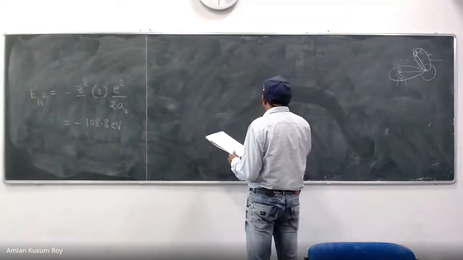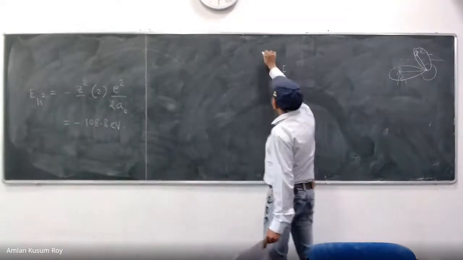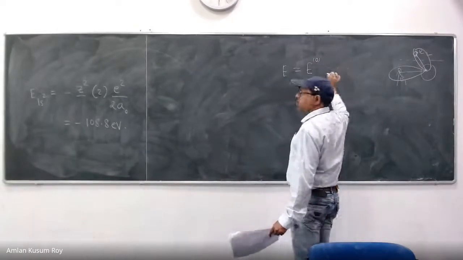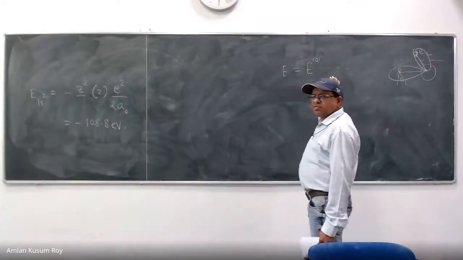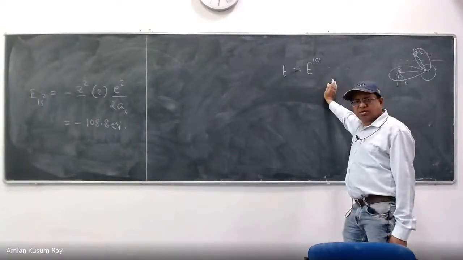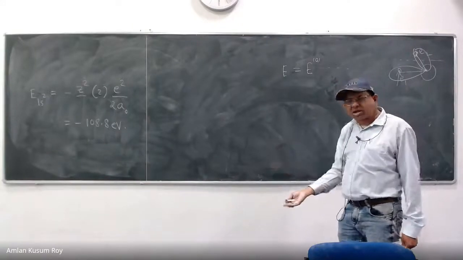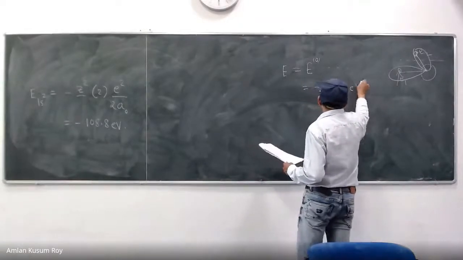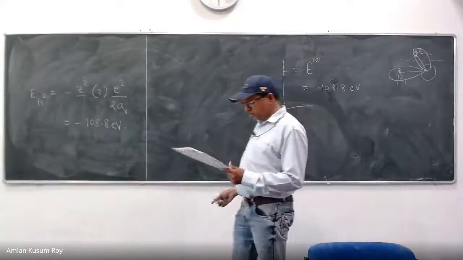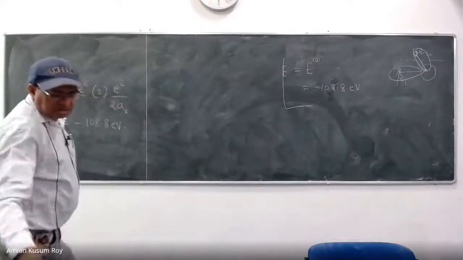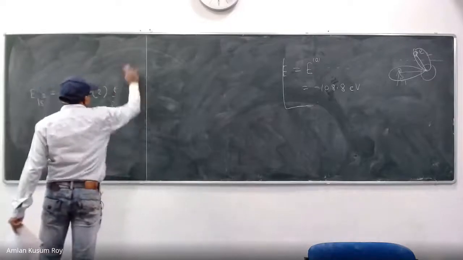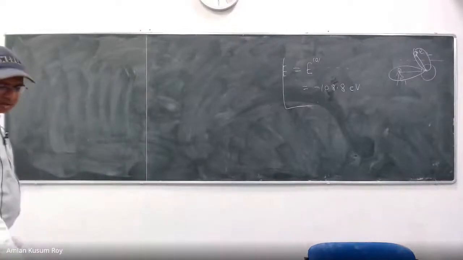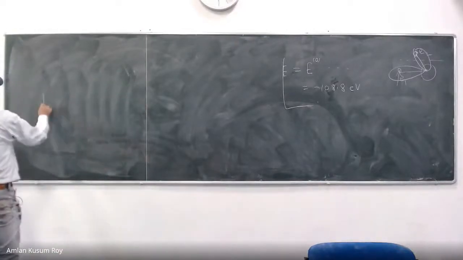So, my energy. Look at this. The total energy should be E0 plus E1 plus E2, that is the premise of perturbation theory. But if I take the zeroth order, it means no perturbation has been imposed as yet, right? That gives me an energy of minus 108.8 electron volt. That's one answer. Now I want to use perturbation theory. That means I want to look for the first order correction to energy. What should that be? Can somebody say?